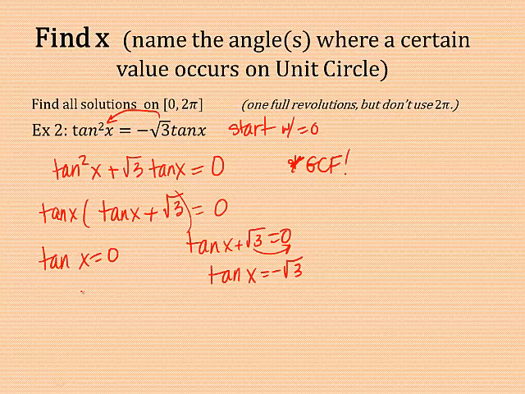All right, so now think about your unit circle. And where is the tangent 0? Remember, tangent's y over x. Where is the y 0? That's what makes tangent 0. So where are your y values 0? Well, right here on the x-axis, that's where they're 0. So my x, the angles there would be 0 and pi, right? And over here,